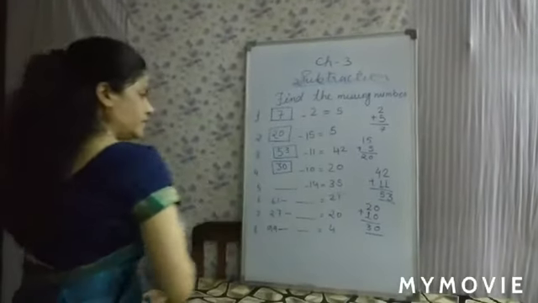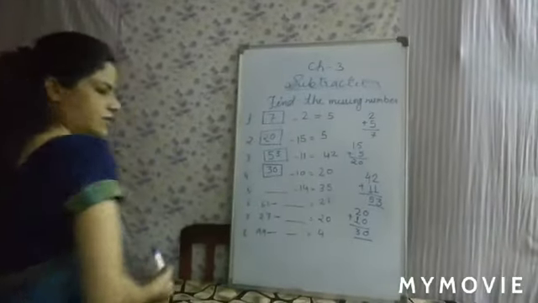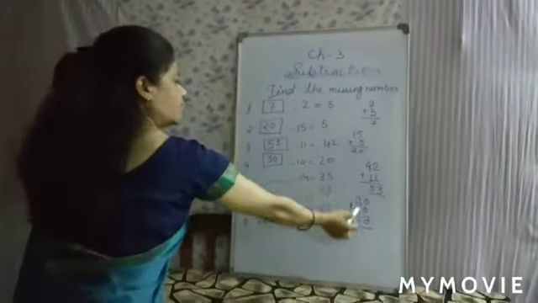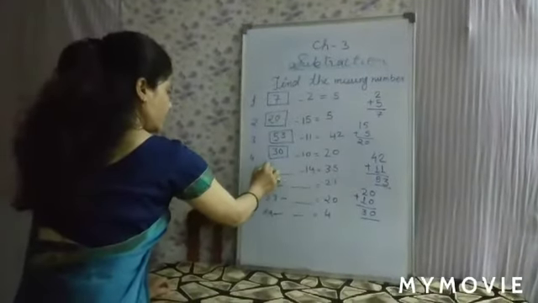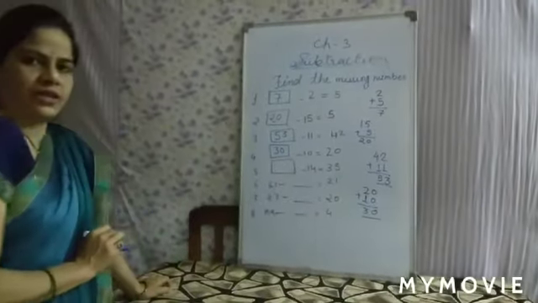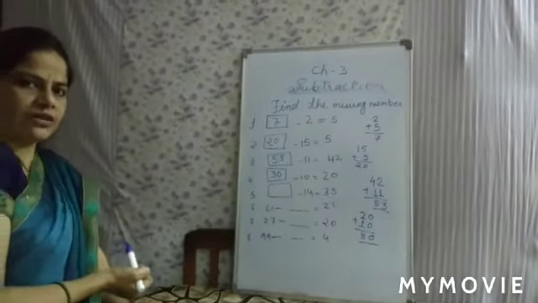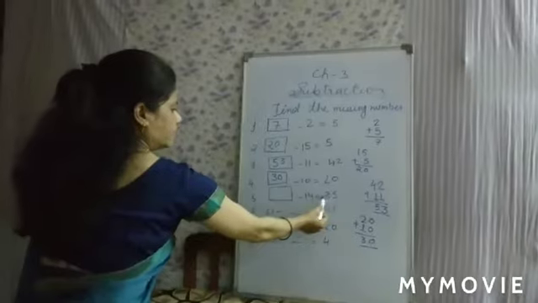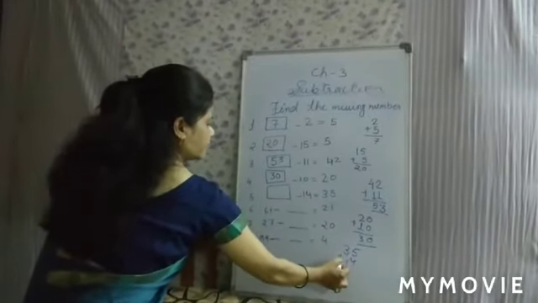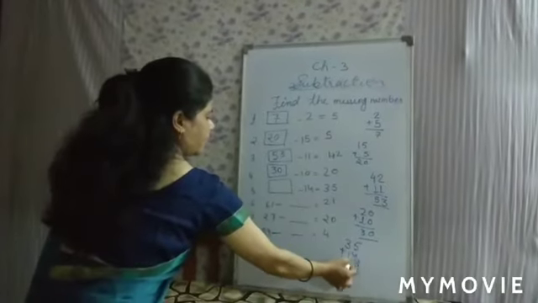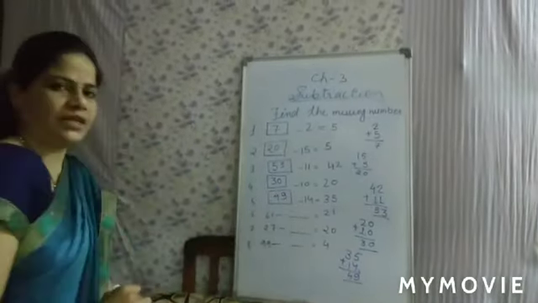So you have to write it in the blank. So these are the answers. And this way you have to find the answers. Again, we have another question. In this question again you have to find the bigger number. So I told you, you have to add these numbers. 35 plus 14. 5 plus 4 will be 9. 3 plus 1 will be 4. What will you get here? 49.